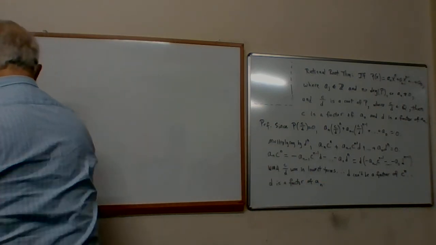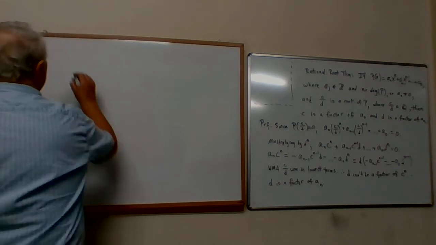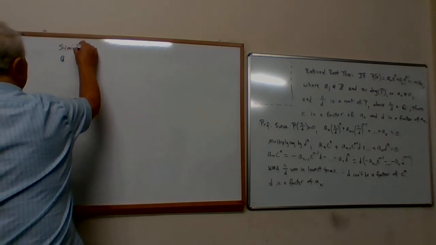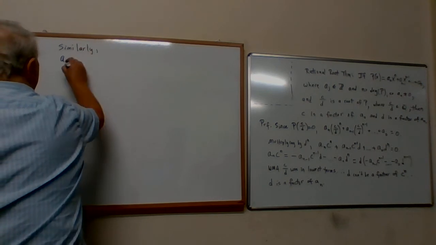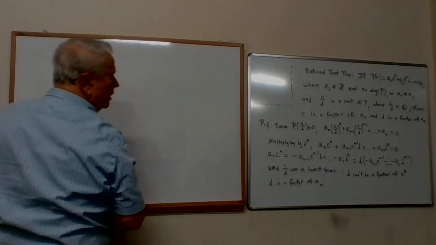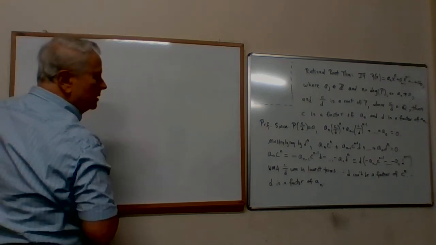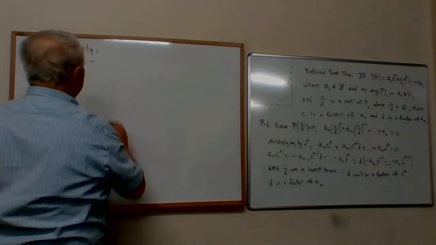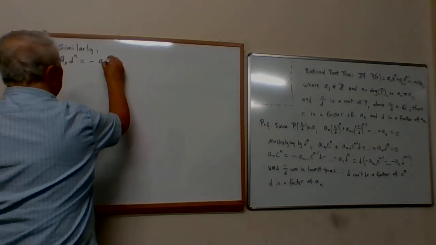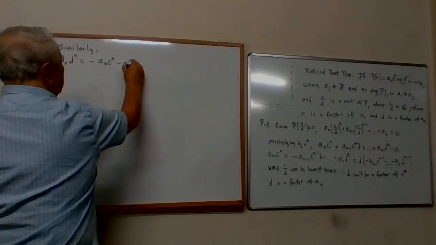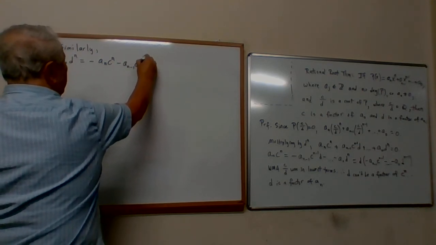So similarly, a sub 0 d to the n is equal to minus, and what do I get? Minus a sub n c to the n, minus a sub n minus 1 c to the n minus 1 d,